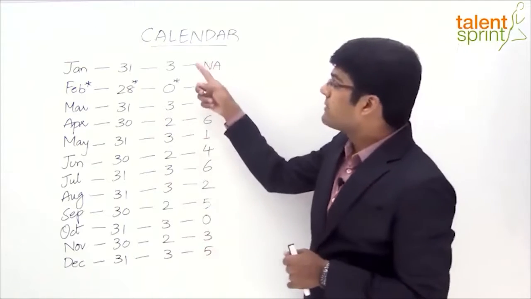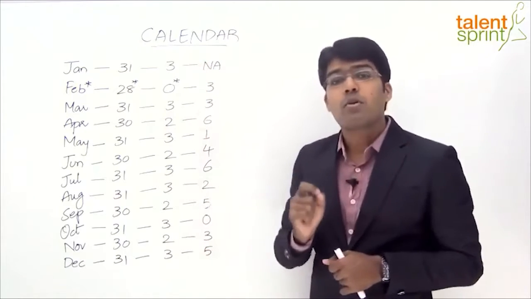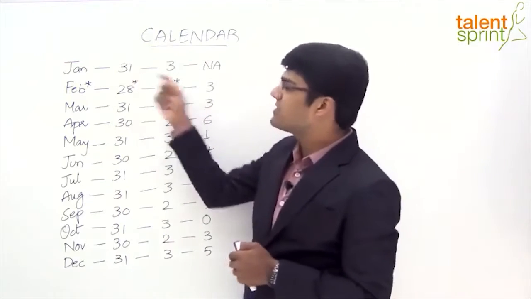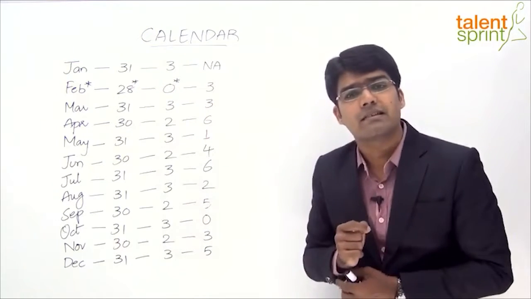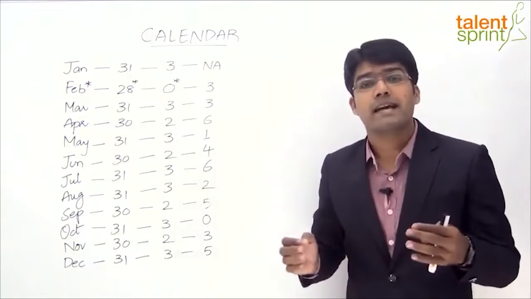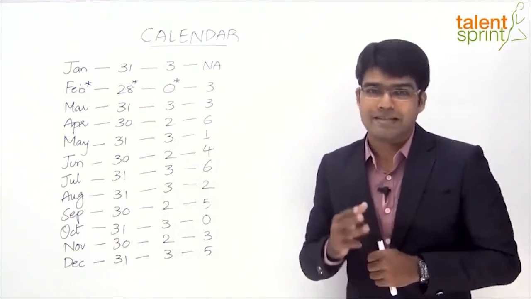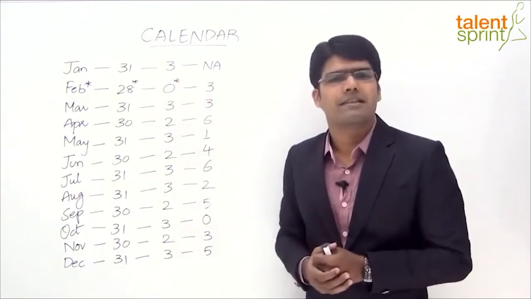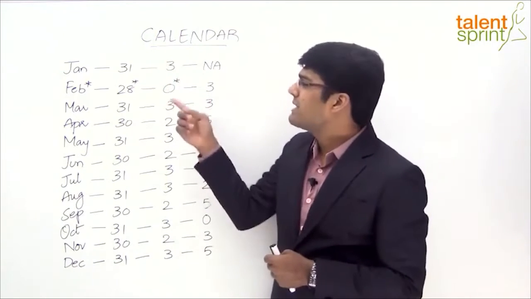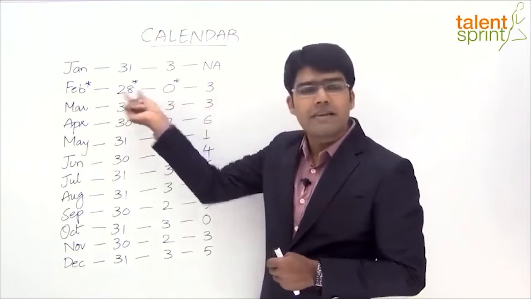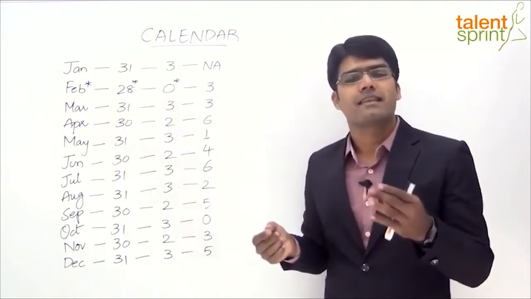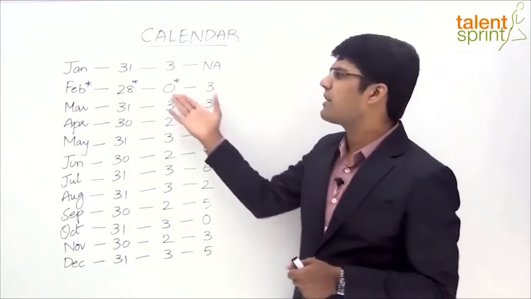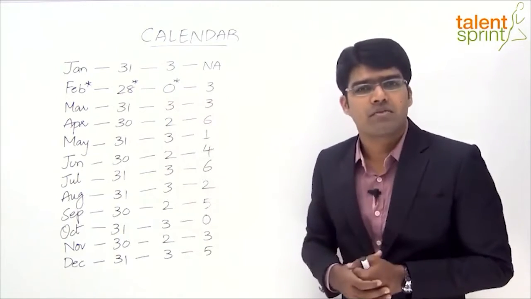Look at the third column. The third column shows the number of odd days in each of these months. For example, in the month of Jan, we have total 31 days. 31 days can be split as 4 complete weeks plus 3 days. Hence we can say January has got 3 odd days. Likewise, the next month Feb, since it is an ordinary year, 28 days, and 28 days is exactly equal to 4 weeks. 4 weeks means 0 odd days. We have no extra number of days here.